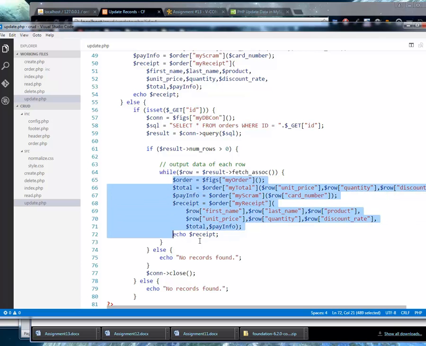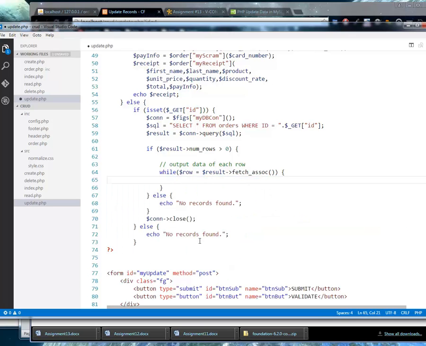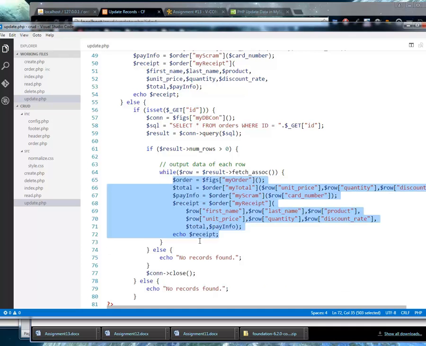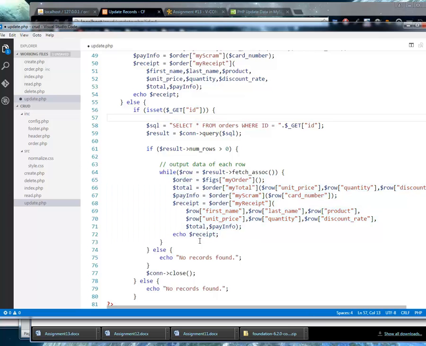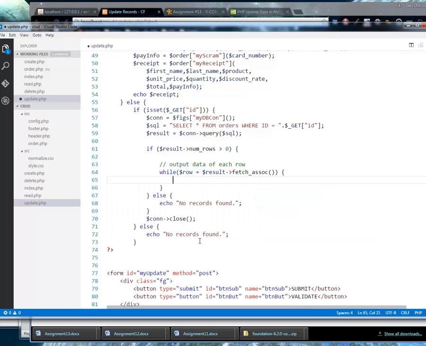So I think I can just kind of take that all out. What is that figs doing? Calling order? Yeah, let's take that out. Alright, so